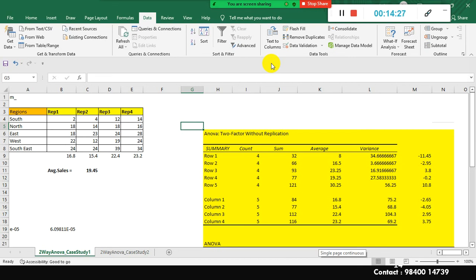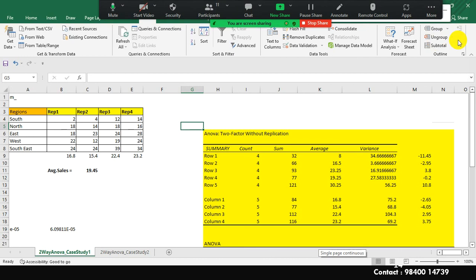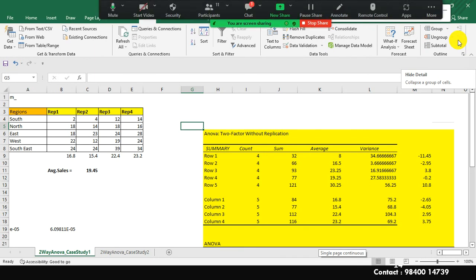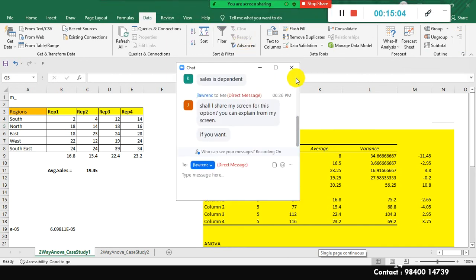One second, let me just install it in my other laptop. Data Analysis. Okay. So you will find the Data Analysis tool here in the Data menu. You need to install the add-in. Once you install it, in the Data menu, you will find Data Analysis. When you click on Data Analysis,